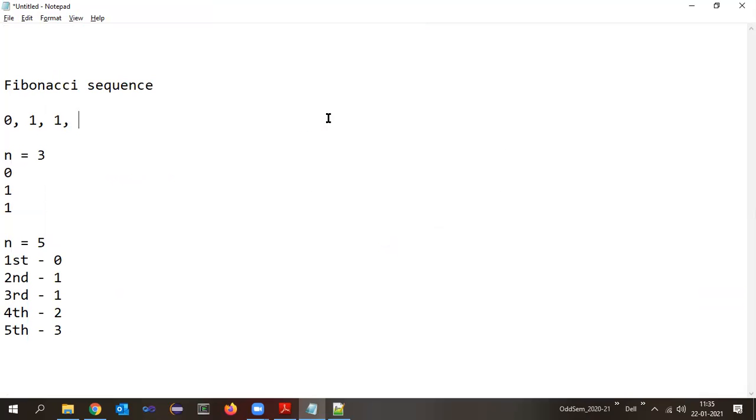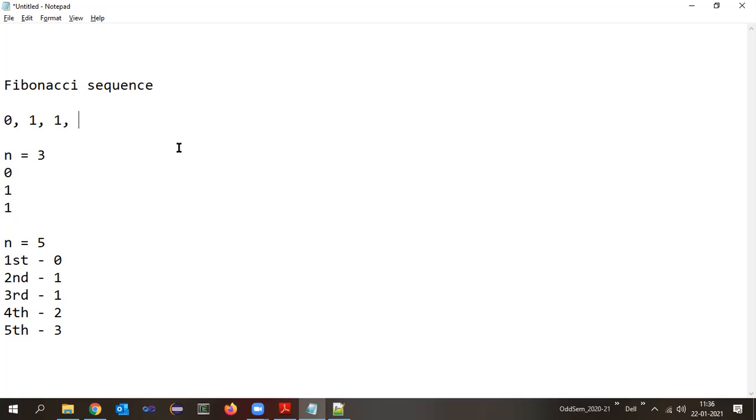Now, first number 0, second number 1. So f3 we calculated and then we printed f3 as 1. 0 plus 1, 1. Right? Assume that condition is true. Next time I'm going to calculate again the next number. So here next number will be what? 2.